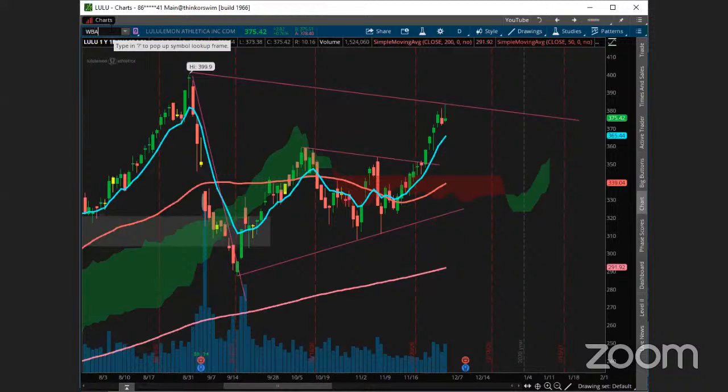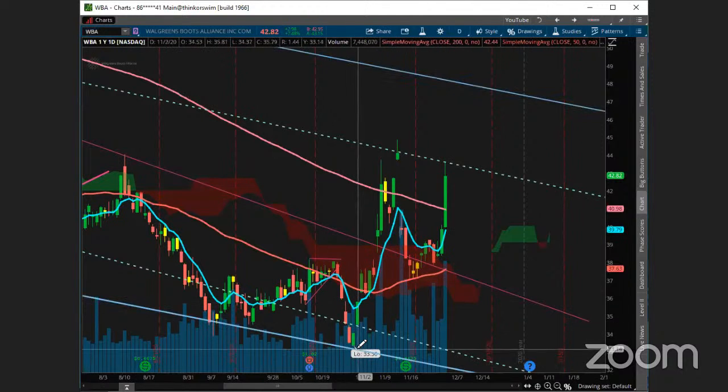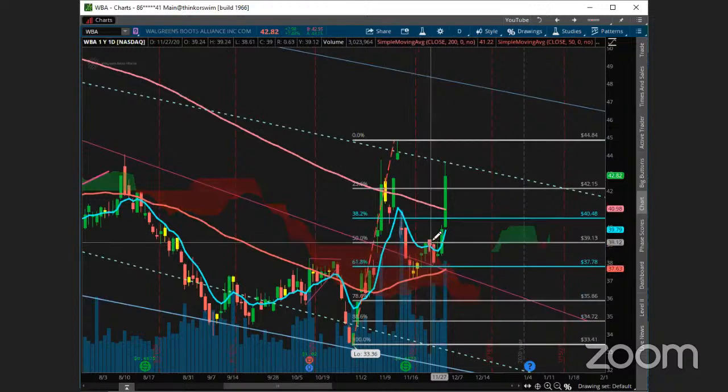So WBA, another one of the FANG names, right? So I'd say these pharmacy names, just amazing stuff, right? So good moves right here off the lows, right? There's your recent levels, right off the 618, double inside day up the 618.